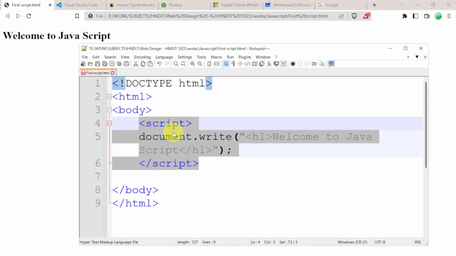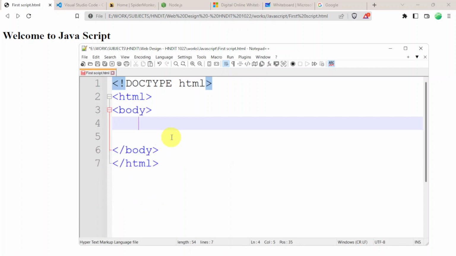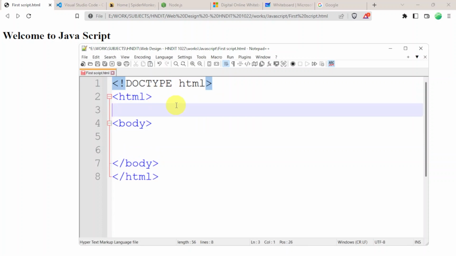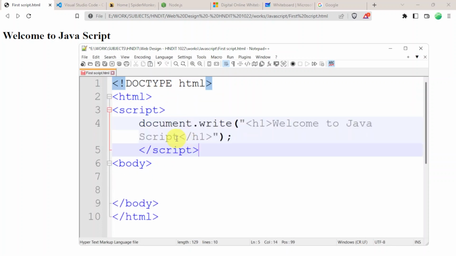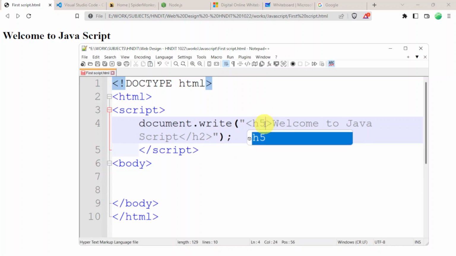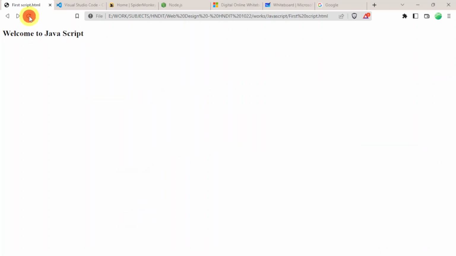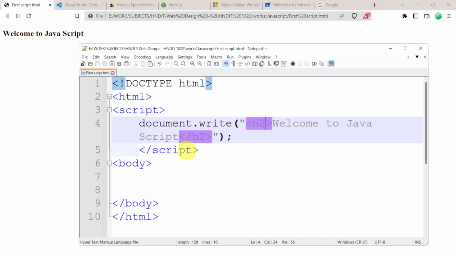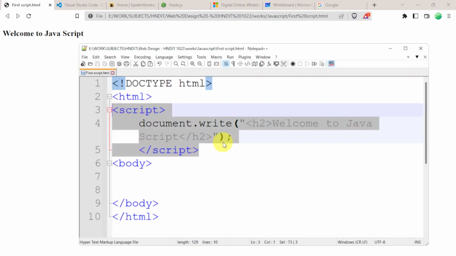Now our script is inside the body, right? Okay, so we can put it outside as well. From the header also we can put it. Let me see if it works or not. I'll do some edit modification for the identification. H2, we will do H2. Okay, now saved. Then let me run. Okay, it's working, right? Anywhere between the HTML tags it will work, but the proper method is